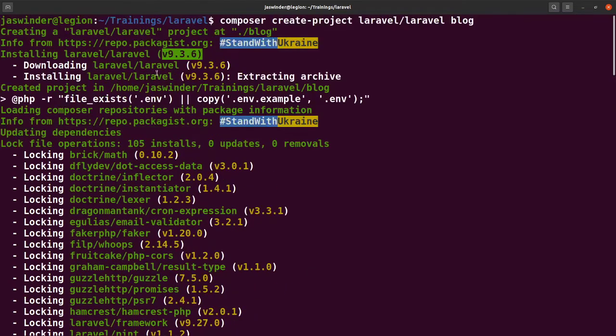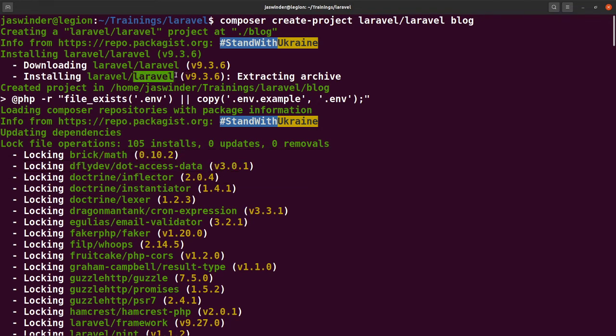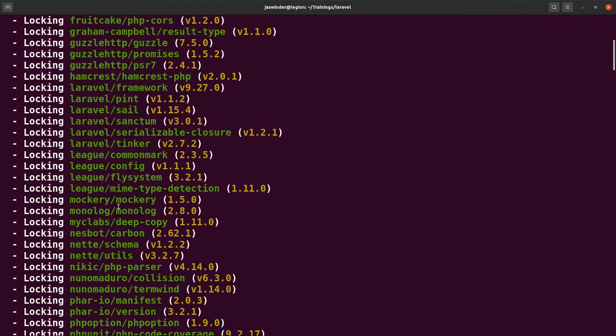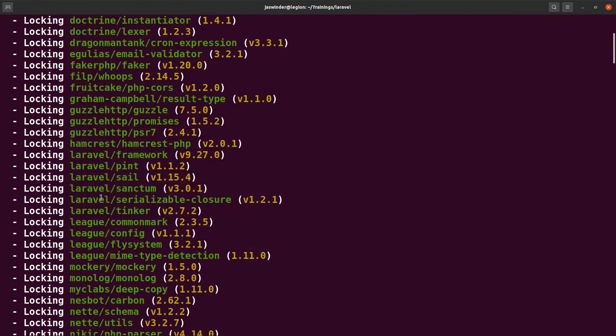v9.3.6, and it's firstly downloading the core Laravel project, right? And after that, it is checking all the dependencies, like what are the packages required to run the Laravel setup, right? So it is checking that, okay, all these versions of packages need to be downloaded. For example, if you see here, it is checking, okay, Laravel Sanctum is required, Laravel Tinker is required, and it is also